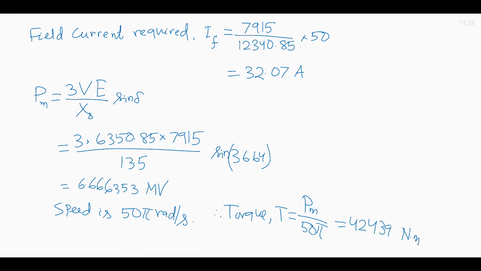So, the fourth bit corresponds to regenerative braking operation at rated armature current, 1500 RPM and unity power factor. Because it is regenerative braking, power magnitude is given by 6.666 megawatt, and it is negative. Torque is 42,439 Newton meter in the opposite direction, because it is opposite to the rotation. So, torque can be mentioned as negative, and load angle delta is